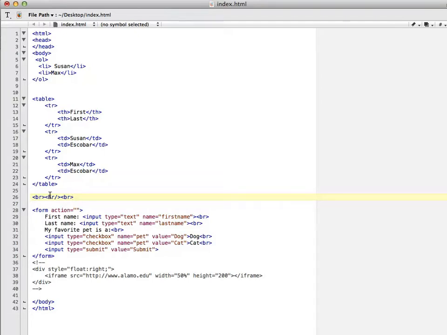And forms are obviously ways to get information from your user. And the one thing you're going to see is this action. Right now I'm leaving that blank. As you get into more advanced web classes, you may go into something just like submit